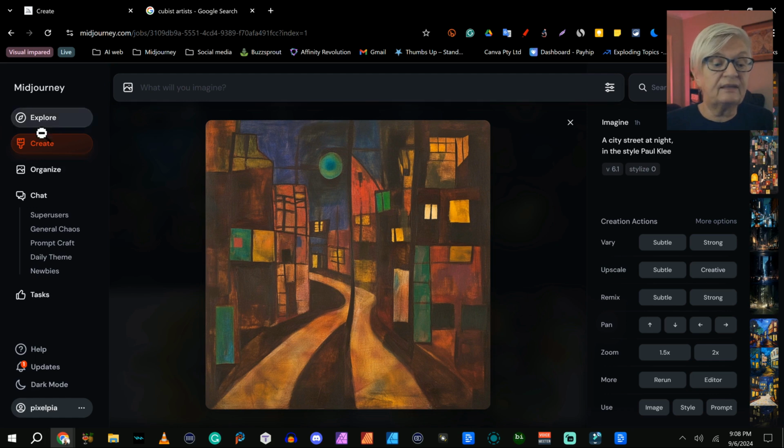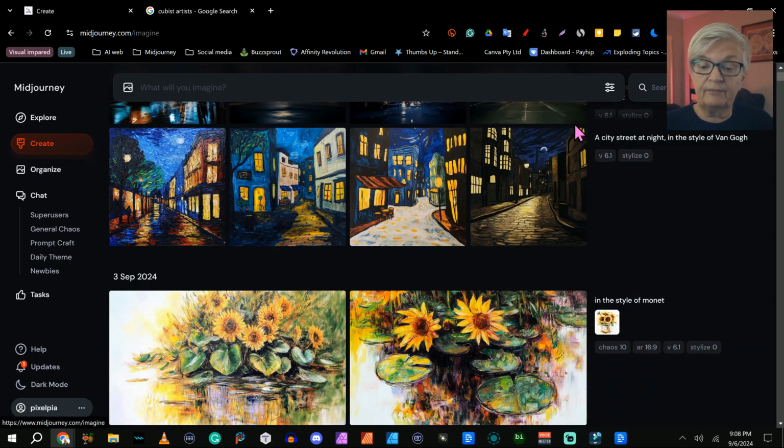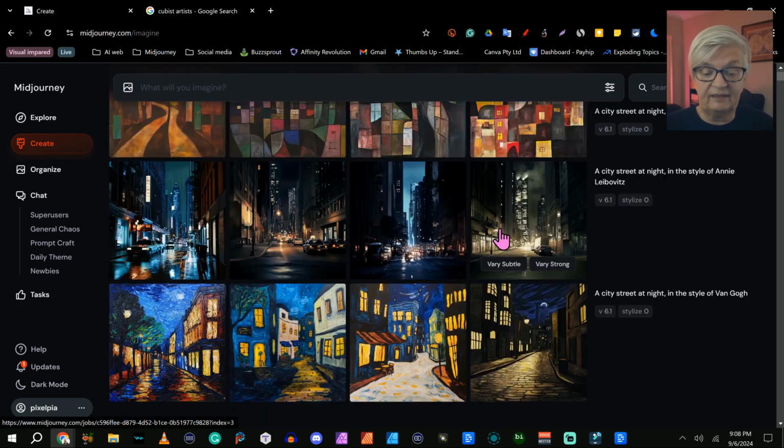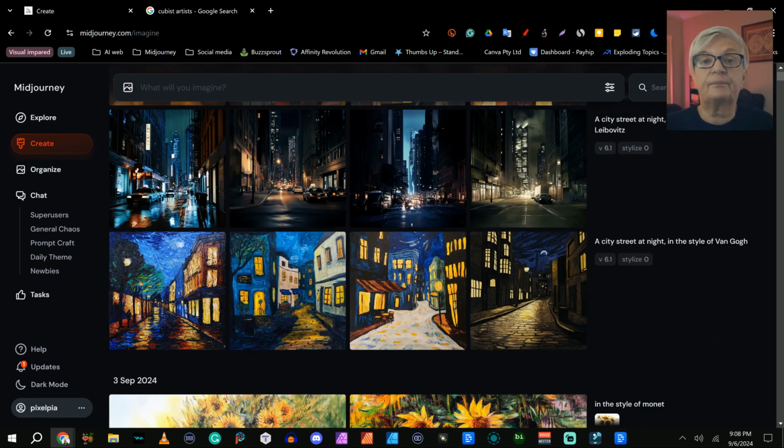And as you can see, if we go back to the Explore page itself, the styles of these 3 artists are very different and really come through in these images. But there are other ways you can affect the style, not just by choosing famous artists or art movements. You can also specify a genre or a medium.